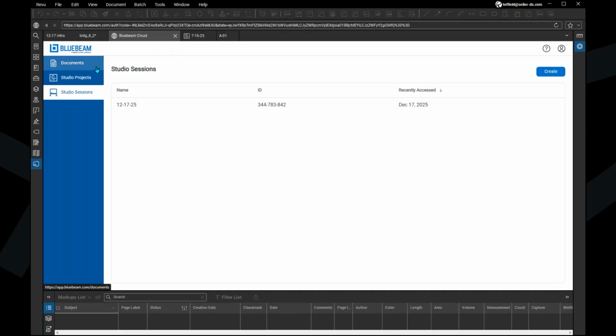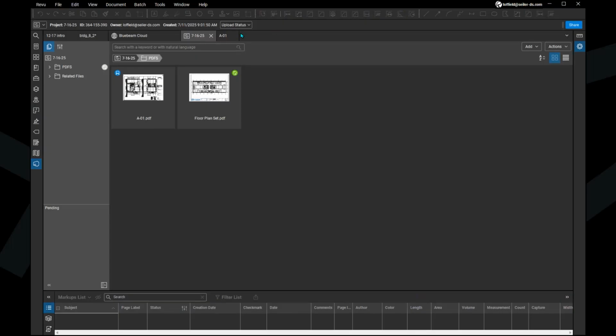Revu. And I guess while I'm mentioning it, and this kind of goes back to our integrations idea that we were talking about before. Granted, this studio project I have is just a standard studio project. I have it hosted on Bluebeam's servers, or I guess the AWS servers. But if I have my integration hooked up for like SharePoint or OneDrive, Google Drive, whatever, because maybe that's where my company keeps their files, so they prefer to keep them there,